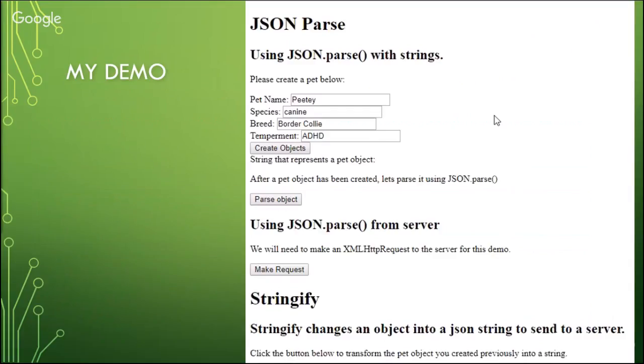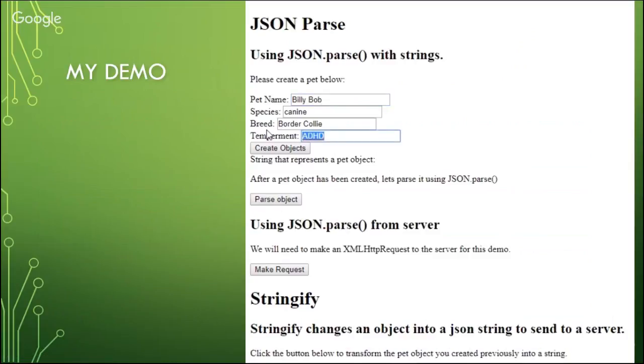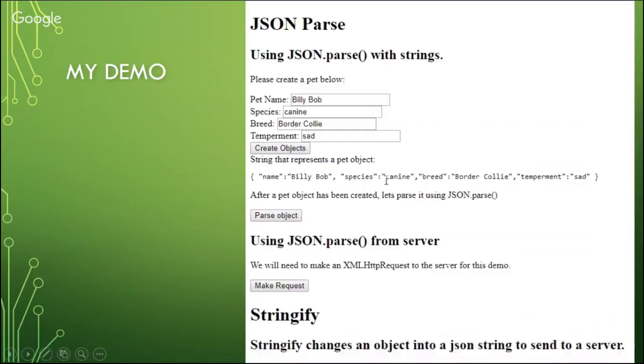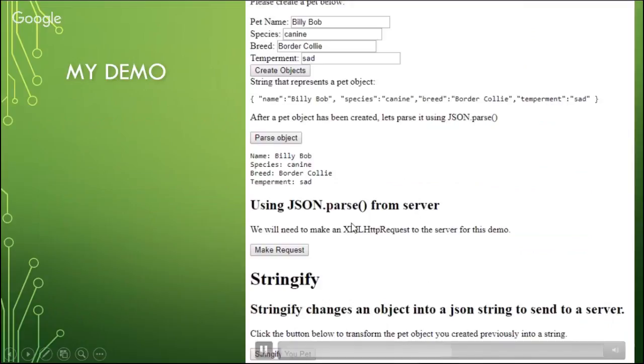So here's my demo that I was working with. Here we're just creating an object. We'll name him Billy Bob, and his temperament is sad. We get this string here. So we made the object, and there's a string of it as well. Now, if we want to parse that into the object, we get